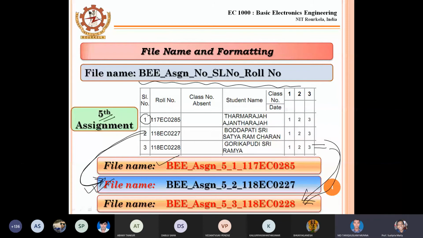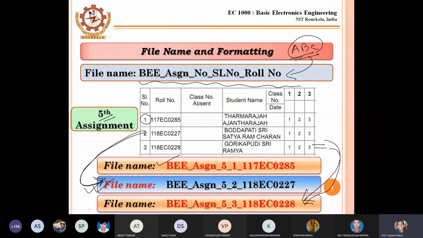Sir, so we have to provide this on the cover page of the assignment, am I right? You don't have to give any cover page. It is the file name. The file name is different. Suppose you have one Word file, A, B, C. This name has to be given in this format. Okay, sir. So we don't need a cover page.